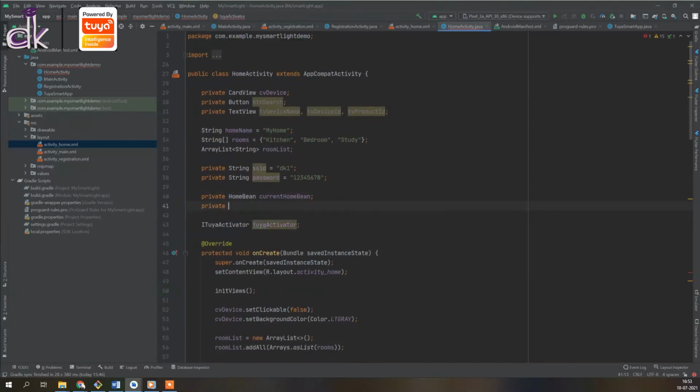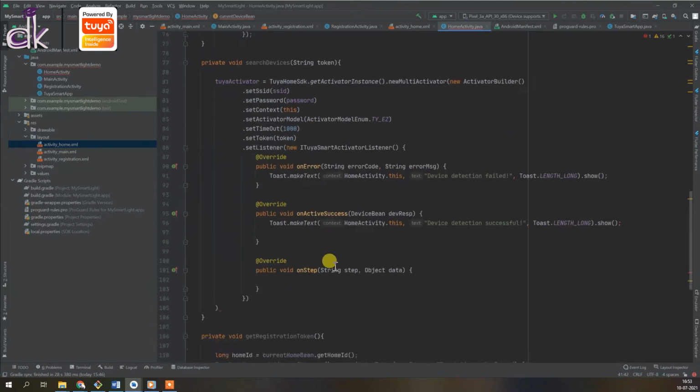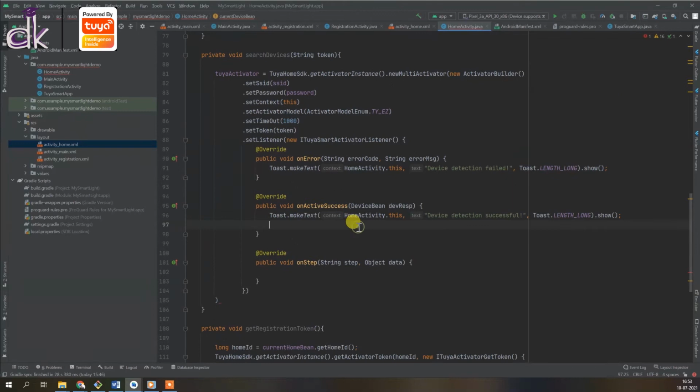So private device bean, current device bean, and here you will need to set the current device bean to the received device response.